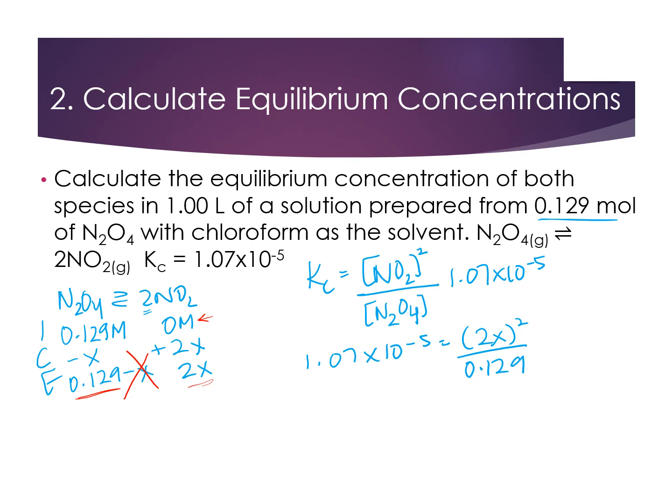So the X that gets ignored is the change in X from the initial concentration. So now, because of being able to ignore X, when I simplify this, I have 4x squared is equal to